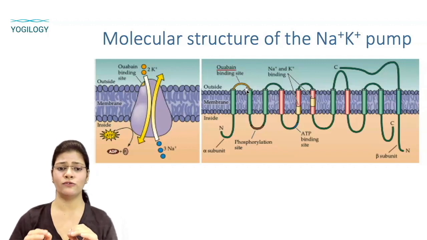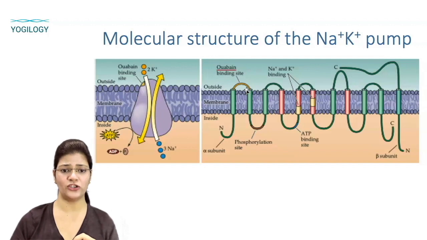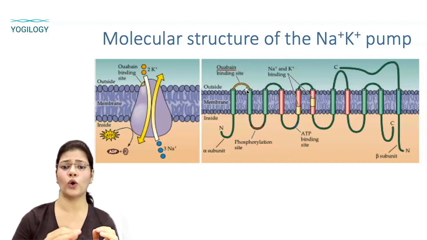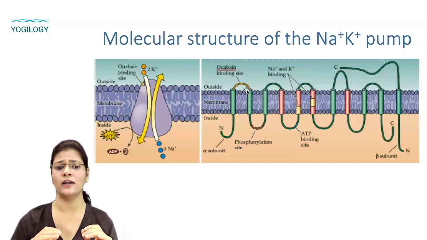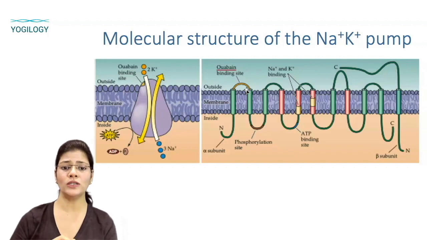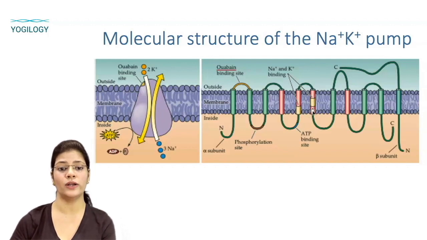Now kinetic studies have shown that sodium and potassium ions bind to the same site of the pump. Because these ions move across the membrane, it is likely that this site traverses the plasma membrane. Also, this site has a negative charge as both sodium and potassium are positively charged. Okay, removal of this pale yellow region, that is negatively charged, from the membrane spanning domain of the protein greatly reduces the sodium potassium binding capacities. Now, amino acid residues thought to be important for binding of ATP, potassium and ouabain have been highlighted.